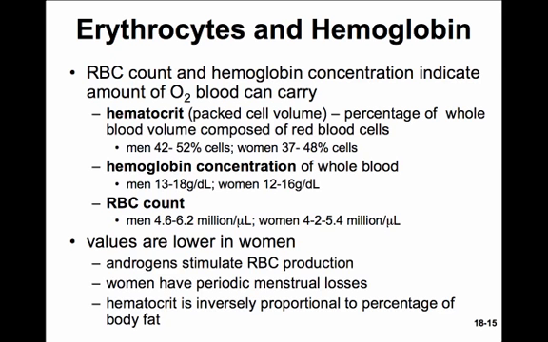First of all, red blood cell production is stimulated by androgens, and men have more androgens, and thus that would stimulate more production of red blood cells. Second of all, women of reproductive age have periodic menstrual losses. And third, hematocrit is inversely proportional to the percentage of body fat, and women in general have higher levels of